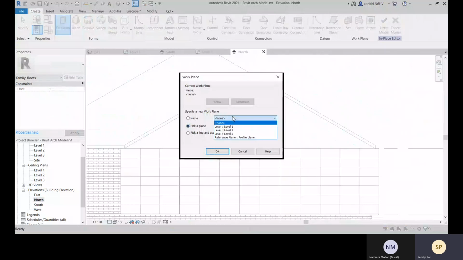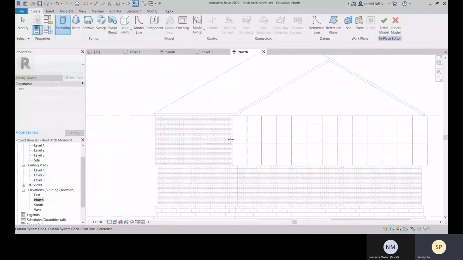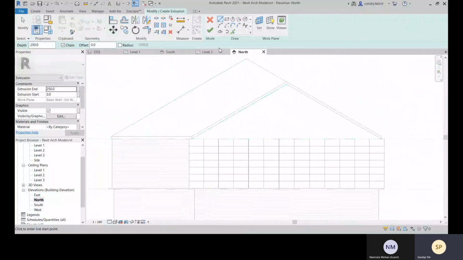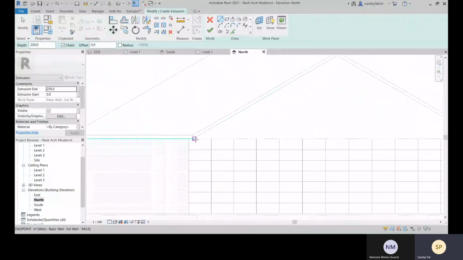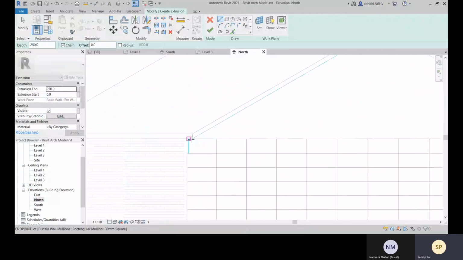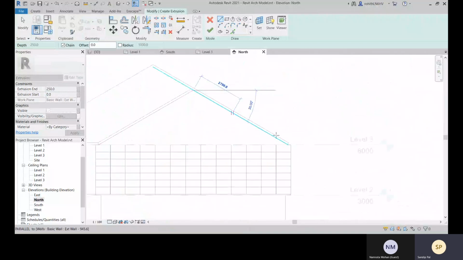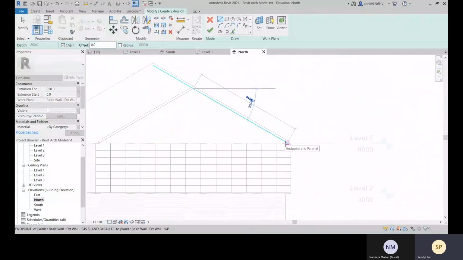Pick plane, or else if there is any plane already created, you can go with that. So let's go with this pick plane, and this will be the working plane. And now let's create it. Okay, now it is done.